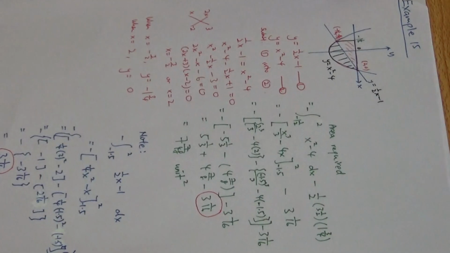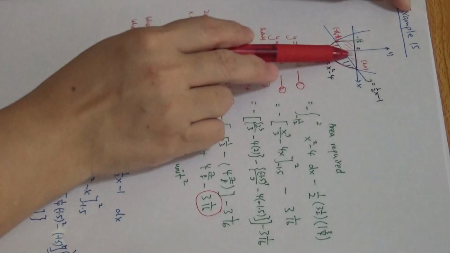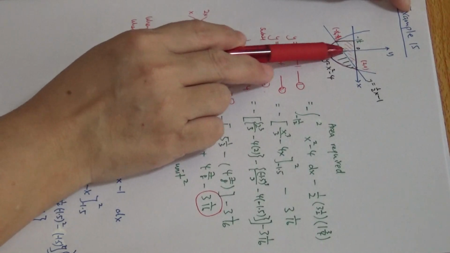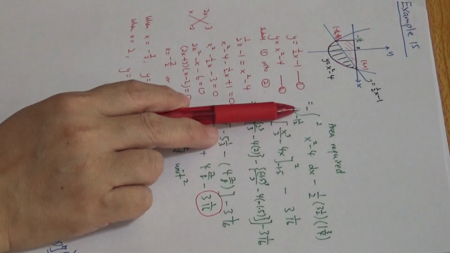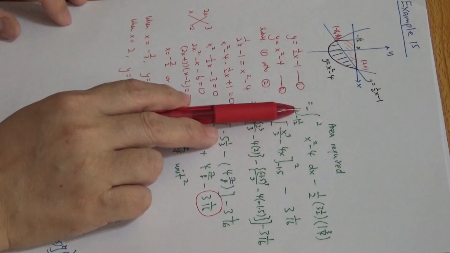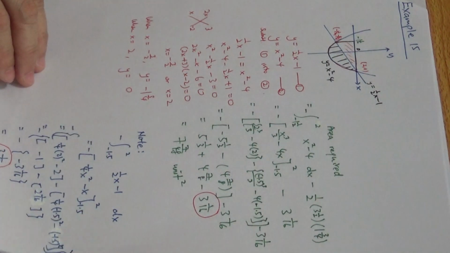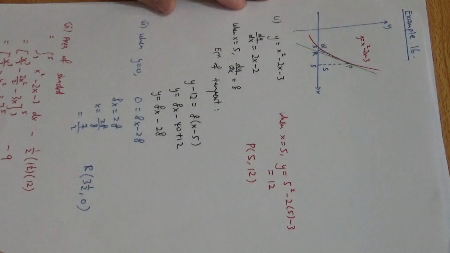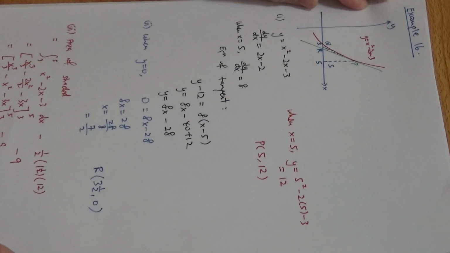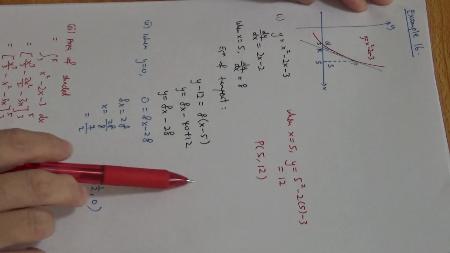Now this example is quite a difficult one because both areas are under the x-axis and you have to put a negative. Okay, a lot of students will forget that and then they will get a wrong answer. So please be careful over here. Alright, now next we go on to example 16, which is the last example. Okay, now the question says that you are to find